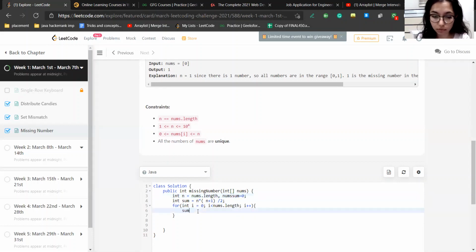So numSum equals numSum plus nums at i, because we need to iterate through the whole array and find out which number is missing. So we can find it out by